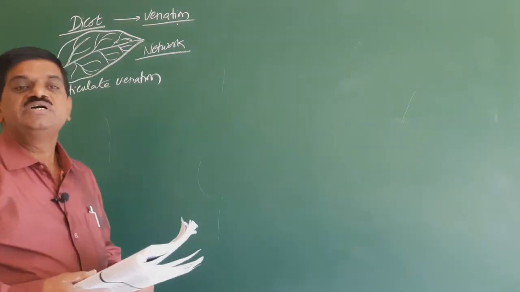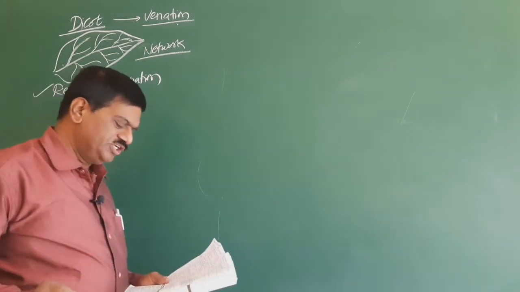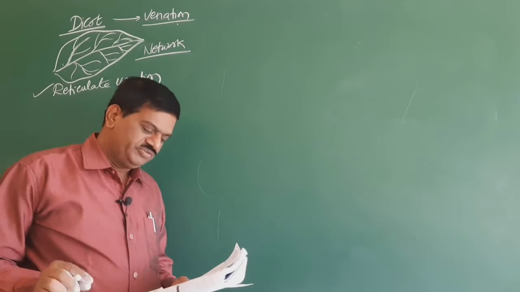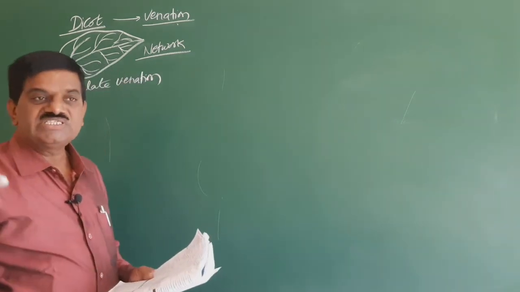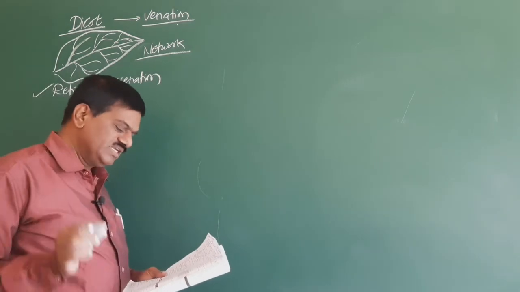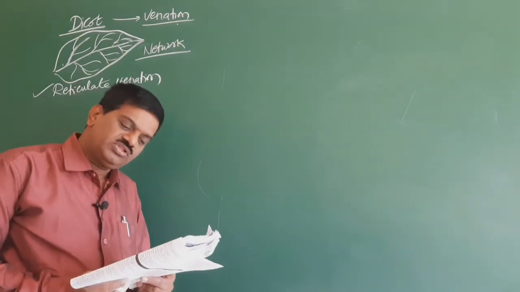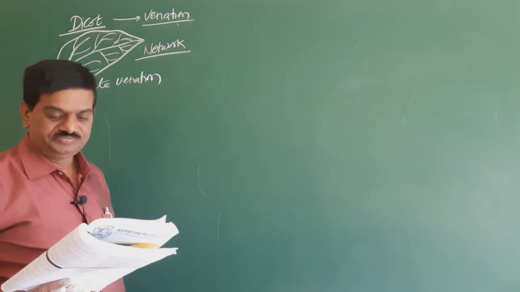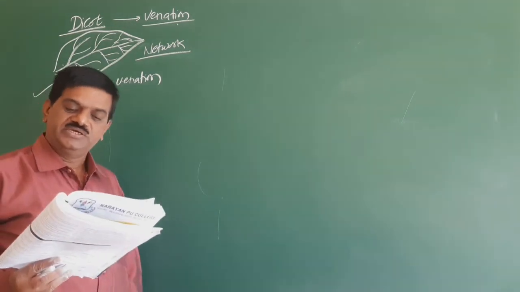Second one is parallel. So parallel venation can be seen in the monocots. And the third option is circinate. The word circinate is nothing but coilings. So the leaf starts coiling, that is called as circinate. The fourth option is both 1 and 3. So that is not the answer. So reticulate is the right answer.